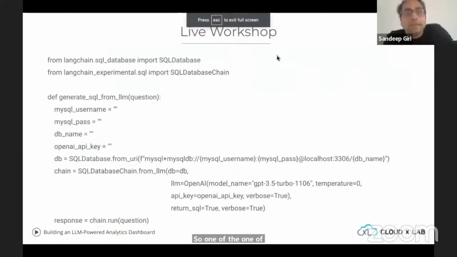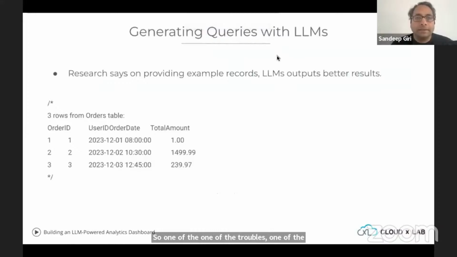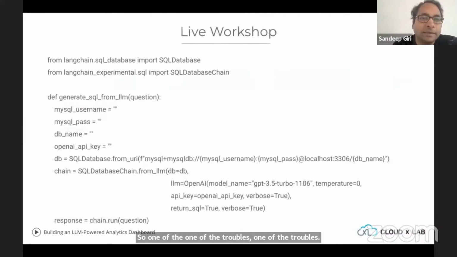One of the troubles. Okay, let me just complete this flow. So here, this is what I mean. It's sort of a recap of what Shubh has recently done. So we basically use LangChain. LangChain provides these out-of-the-box solutions to various things. Rather than you doing it, it has already created these utility functions, and using that,